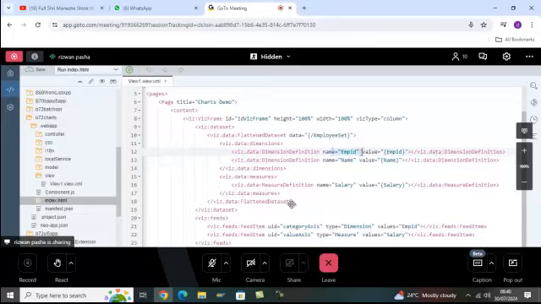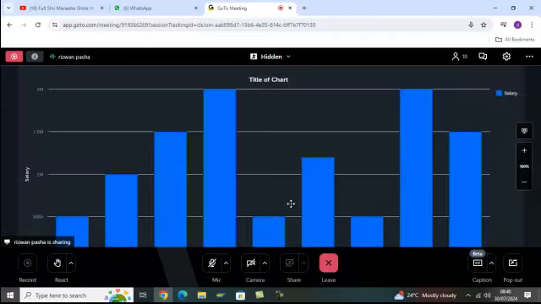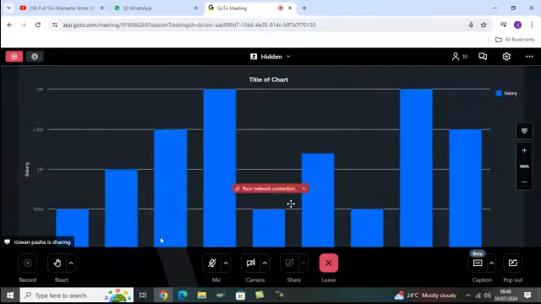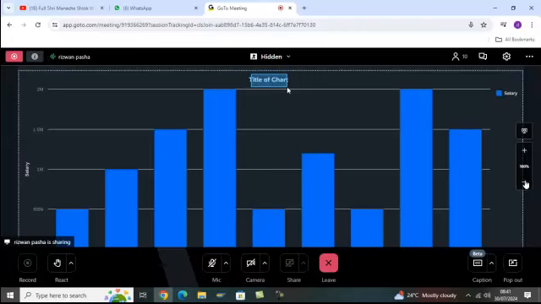Okay, so you already pointed to this dimension definition. Now put a comma and you can point to the second dimension definition name as well. So now you will find it like this: 100001 Amit, 100002 Anil. So like this you will get. And second thing, the title of the chart,